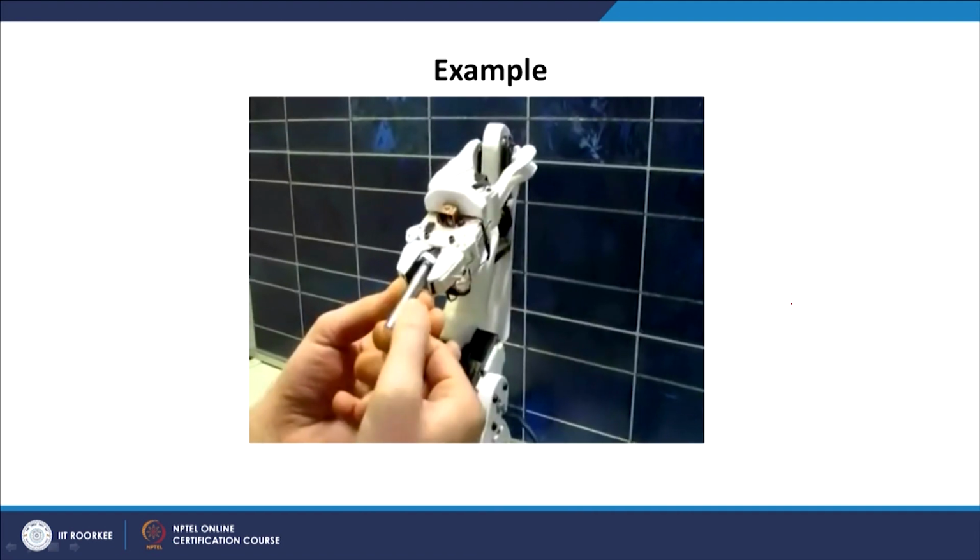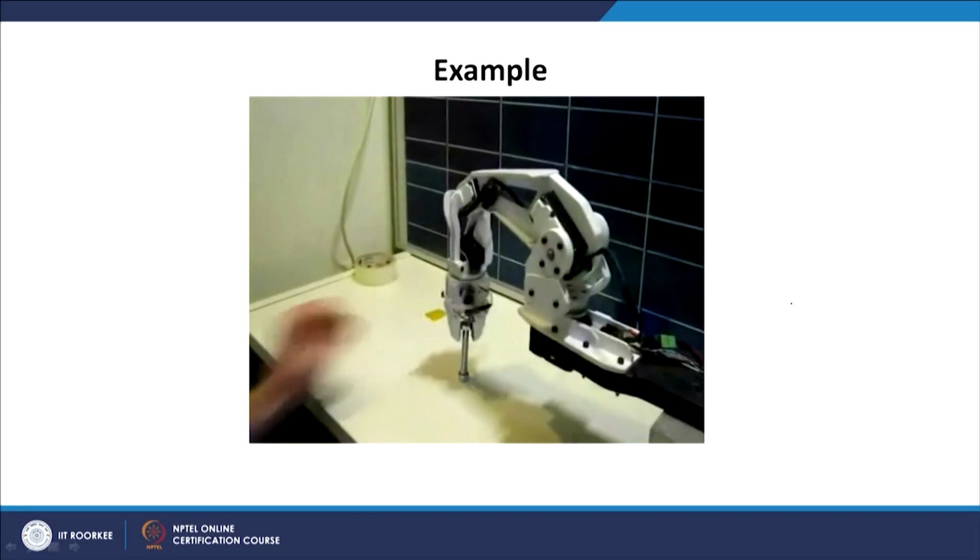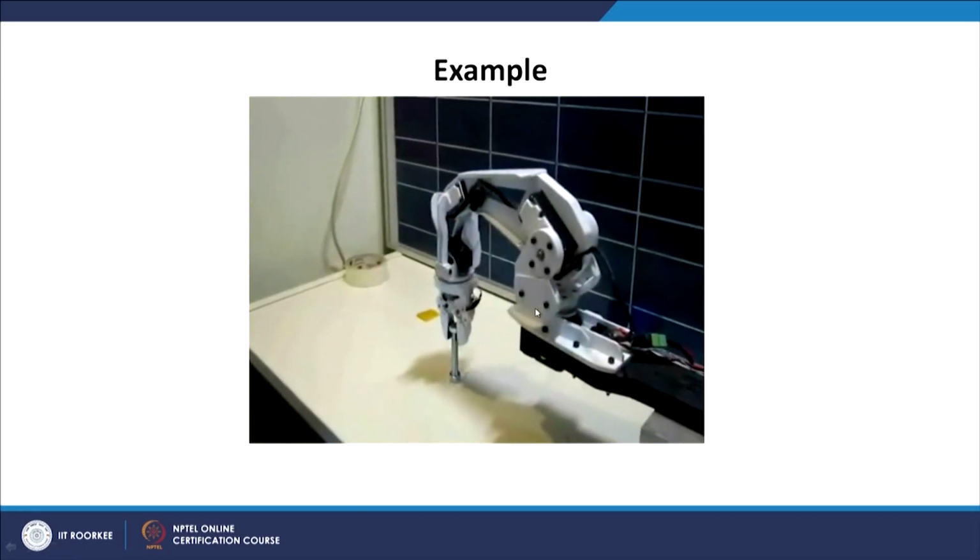This YouTube video shows exactly a similar robot manipulator, where the base is rotating like this and the 2 links are rotating. The end effector is reaching a given particular point. So, in this lecture we have seen the simple configurations of robot manipulators with 2 link and 3 link, and how to write the inverse kinematic solutions for them. And in the subsequent lectures we will see more complicated robot manipulators. Thank you.